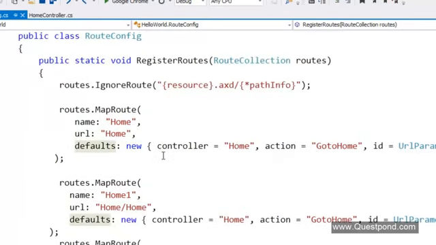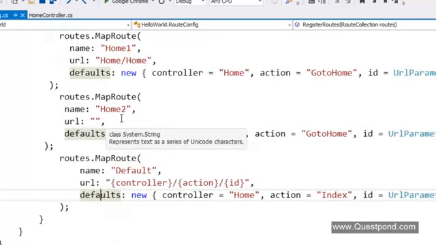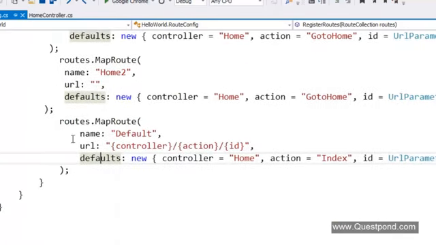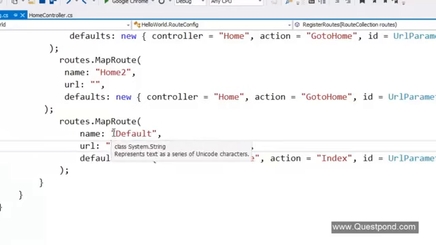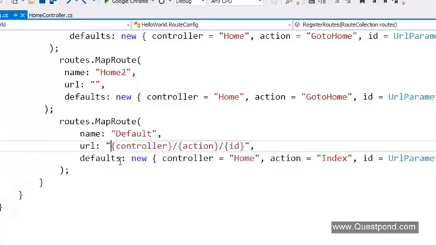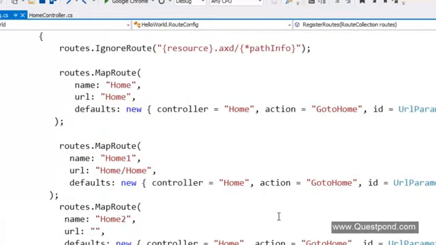Now I would like to talk about 2 important points regarding routing. If you remember, when we opened the routeconfig.cs, this code was already present. What this code says, this code is nothing but an entry which is made inside the routes collection, where it says that by default you should invoke by the controller name and by the action name. So the first thing is, don't remove this code, because